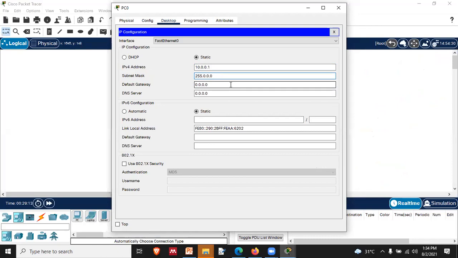So this is a class A address where we are saying that the first 8 bits are reserved for network address, and the rest 8, 8, and 8, that means 8 times 3, which is 24 bits, right? So we have these 24 bits, that is 2 raised to power 24, right?